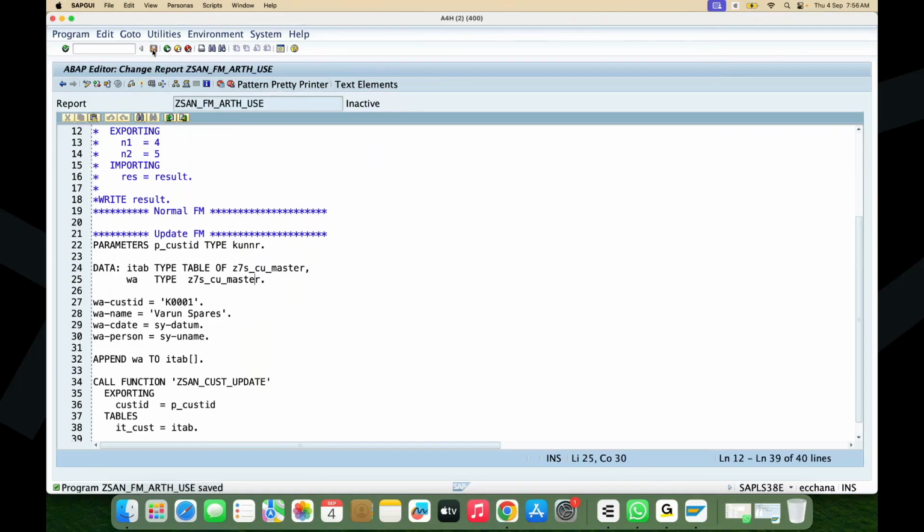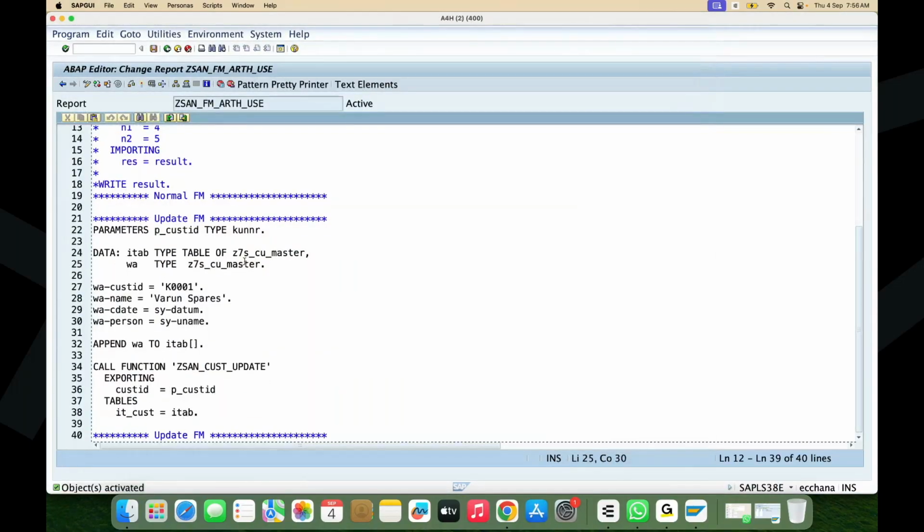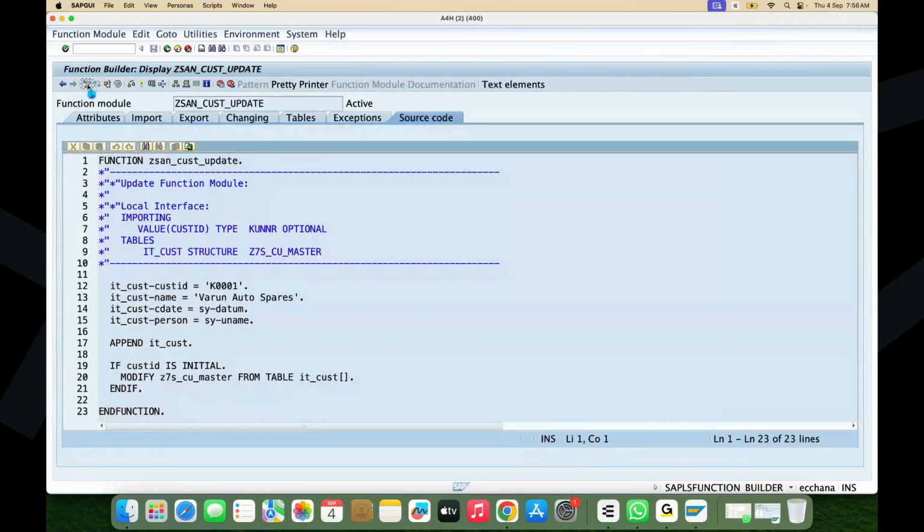Pretty print, save, check, activate. So the customer ID is entered, and the details related to that customer ID we are filling, and then that data we are giving to the internal table, and now it will go inside. And this logic,